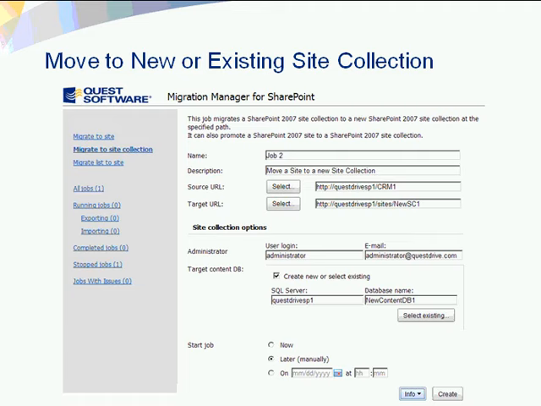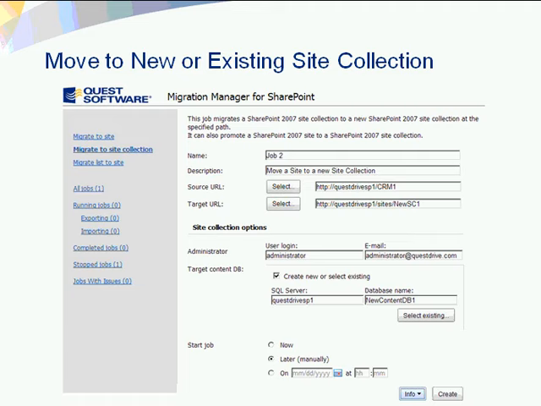We create the target URL, the search URL and the target URL. And what's really nice is that I can also create a new content database. So we also talked about the challenges of having only one content database. So let's say we chose one site collection, put 500 sites in those, and those 500 sites are very active. We now have a content database of 800 gigabytes, massively larger than it really should be.